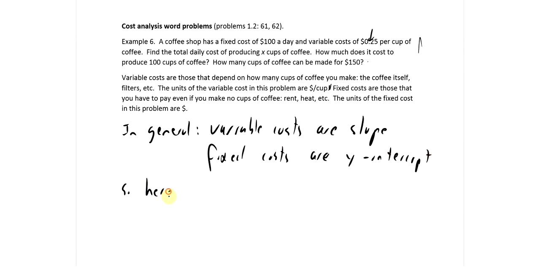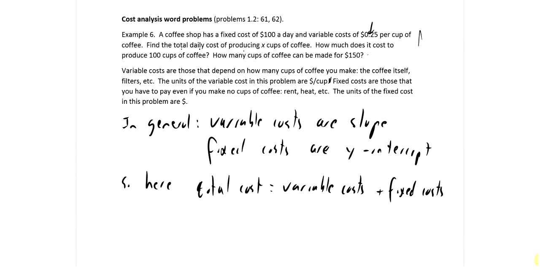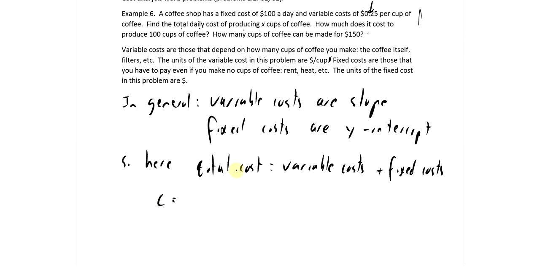So here, we're trying to find the total daily cost of producing X cups of coffees. So total cost equals variable costs plus fixed costs. That's the only type of costs you have: costs that depend on how much you sell and costs that don't. So if we take C to be total cost, then your variable cost is